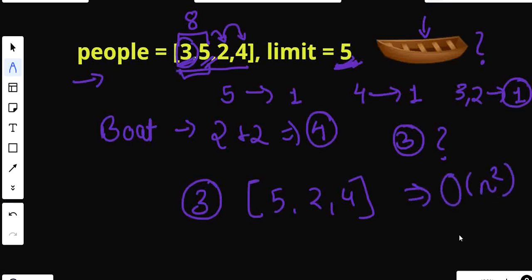So what I can do is, I can simply sort my people array and then I can apply the same approach where I check whether the next person can be paired up with the current one or not. In this manner, I can achieve accurate pairing, and then the number of boats that I'll be using will also be correct. So firstly we are going to sort our people array.